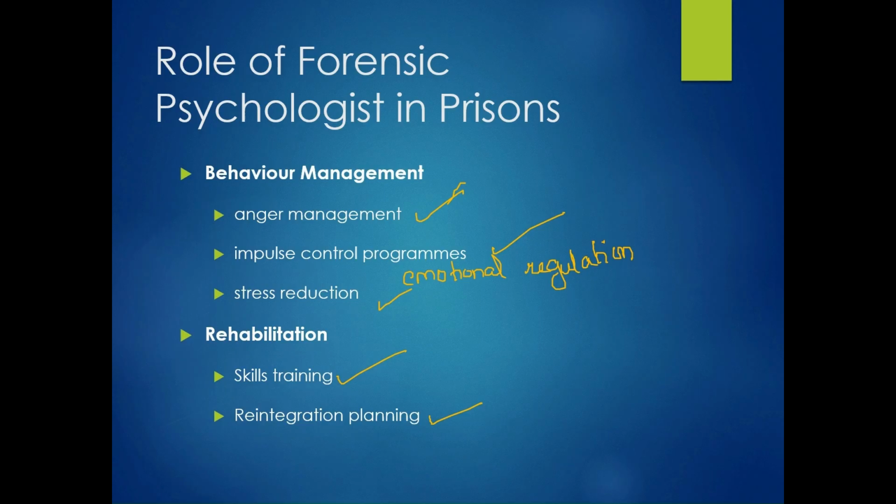This prepares the prisoner for a life outside, with skills training, communication skills, vocational skills, and social skills, so that a well-prepared prisoner is less likely to re-offend once the person goes out into society. Reintegration planning means how to introduce that person back into society, right? So that they can cope with social pressures and social expectations, commit to social laws, and not harm the society.